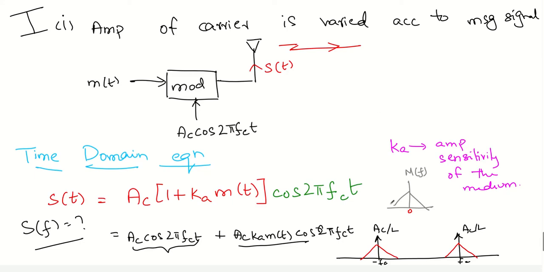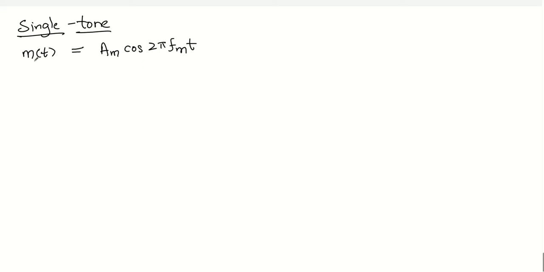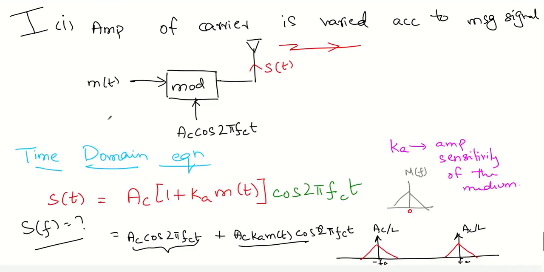Since we've taken a triangular spectrum as our message spectrum, things might look a bit complicated, but now let's understand it in a better way by taking a simpler message signal. This is known as single tone modulation. We'll look at it now. For single tone modulation, we assume that the message signal consists of a single frequency. Let m of t be Am cos 2 pi fm t. Now if we substitute this m of t in the equation of s of t, we get